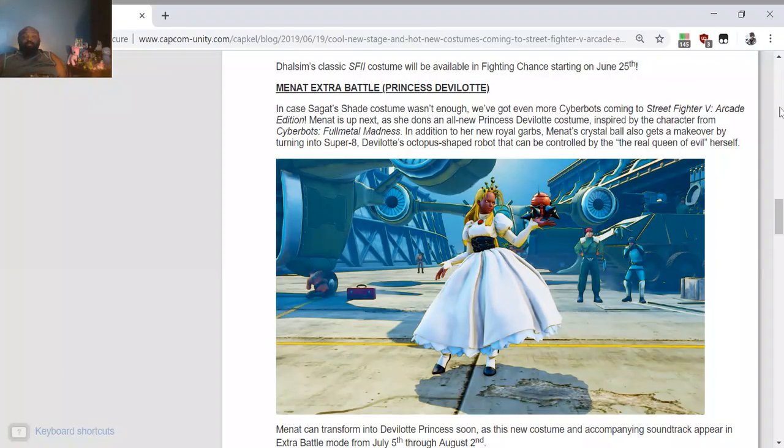Minacha's extra battle. Princess Devilot Defest Satan the Ninth. Put a full name in there. Don't stunt. In case